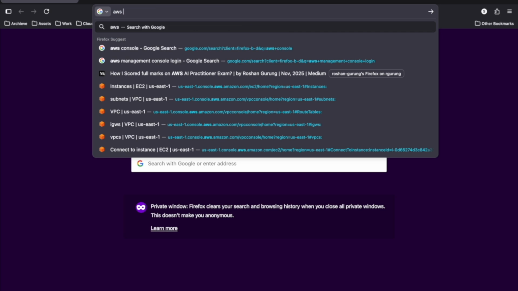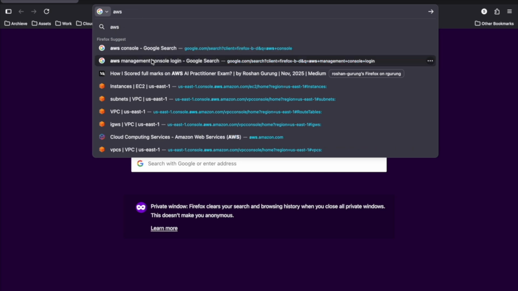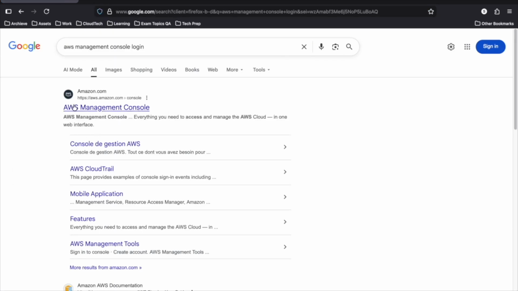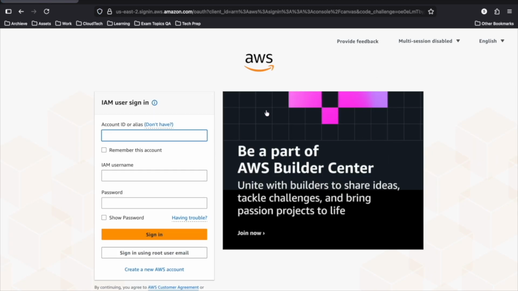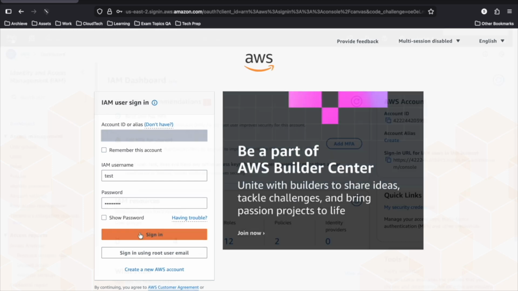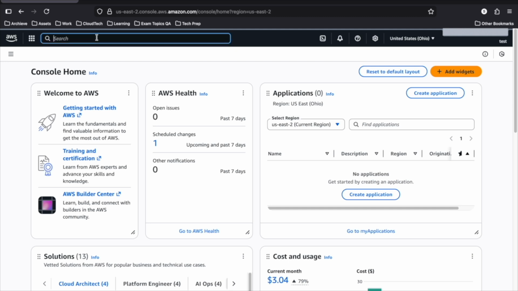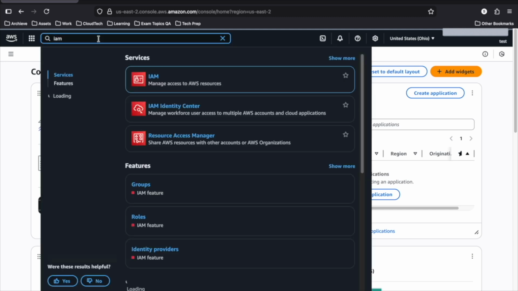You can search for AWS Management Console. You can simply Google it and you can sign into the console. You have to put in your account ID. This time, I'm going to use the username and password that I had already created and that had administrator access. You can choose to use the root user email as well. You click on sign in, you'll go to the AWS homepage, then we'll search for IAM